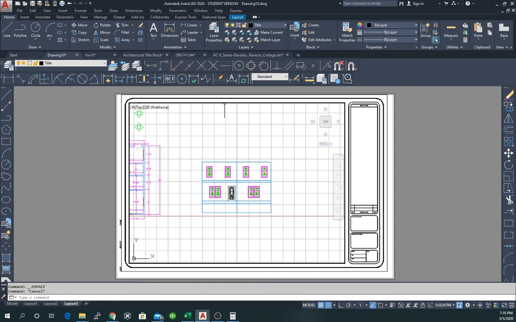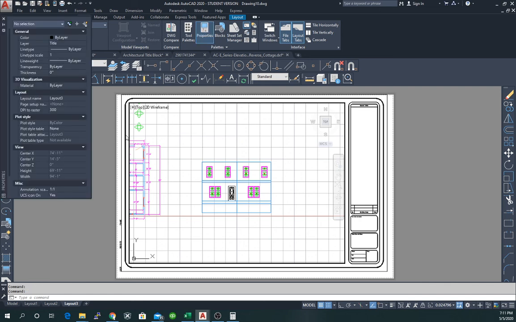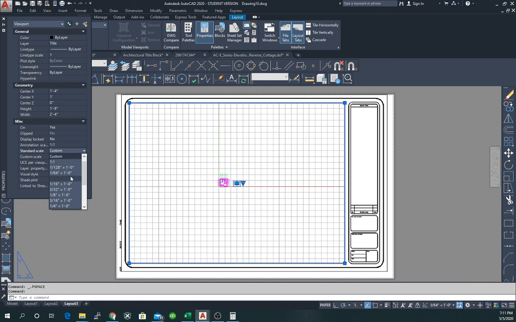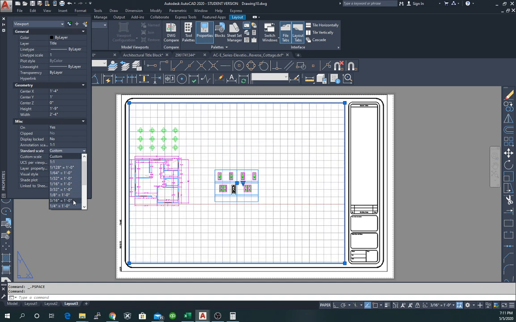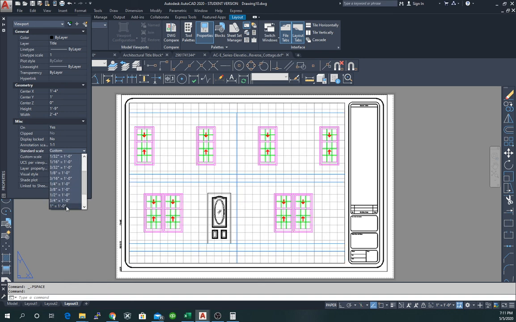And then we can come back here, click on our viewport again, choose view our properties, and I'm not sure we're actually on the viewport itself. I don't think we are. We need to come out of the viewport, click on the edge of the viewport again. Now we can choose our scale. So here our scale, we can then get the right scale that we want. We may be able to. So we can almost use the 1